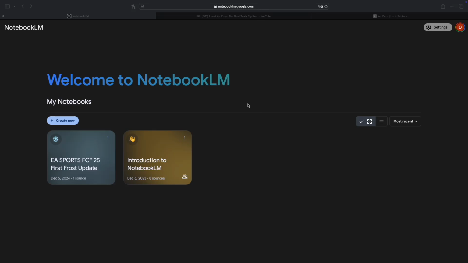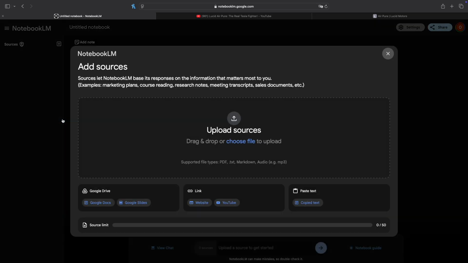notebooklm.google.com and it takes you straight here to this home page, which are organized into your notebooks and should all be sorted based on how you would like it to be sorted, shared with you, titles. So you can see shared, which means you are able to collaborate on projects with different other people using NotebookLM. So we are going to create a new notebook, and you can see here it takes in a lot